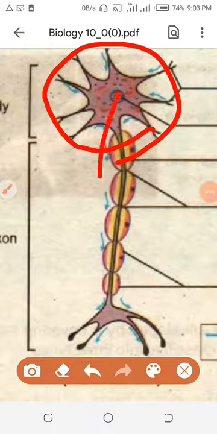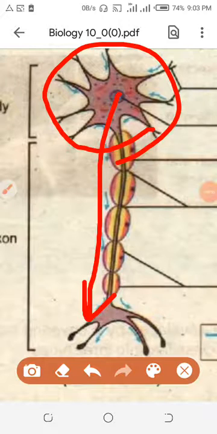Lengthwise you are watching, the neuron is going to transmit the message from one part of the body to another part of the body. What is the evidence of this information? That each cell in our body is modifying its shape and structure according to function. Whatever the function is, the shape of the cell will be like that. So these are two very complex cells, and they exactly tell us how function changes the structure of the cell, the nephron and the neuron. You are studying these two specialized cells.